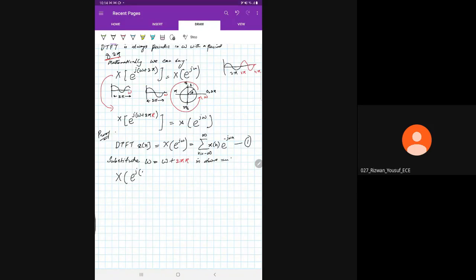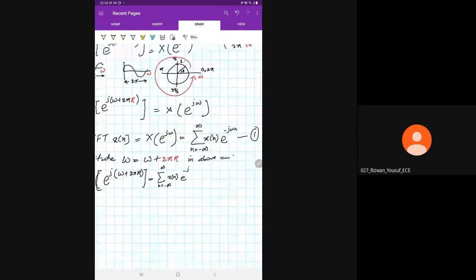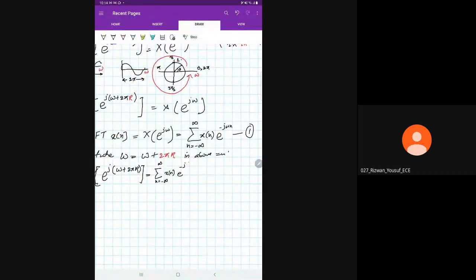Now I will have omega plus 2 pi k on the left hand side. On the right hand side, I will have the summation of n equal to minus infinity to plus infinity x of n e raised to the power minus j omega n. So I will write here omega plus 2 pi k,